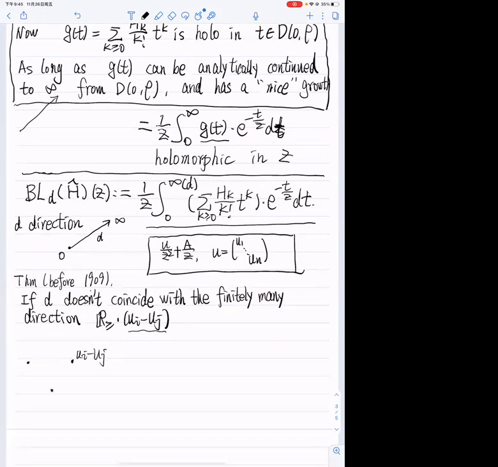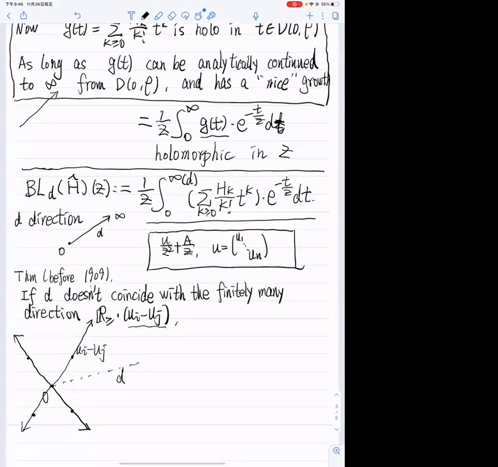Then we draw a ray from 0 to infinity across UI minus UJ, and so on. Then we can cut the complex plane by finitely many directions. All these directions are determined by UI minus UJ. Well, if we take any direction D which doesn't coincide with these finitely many directions, then the